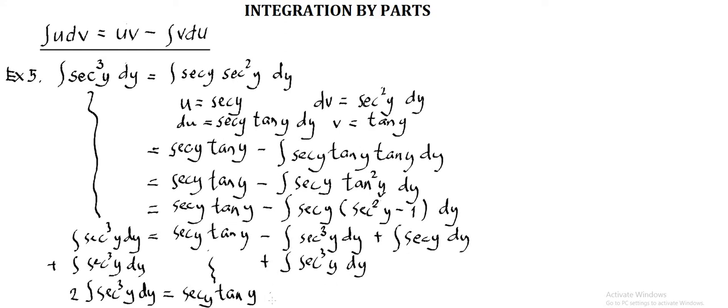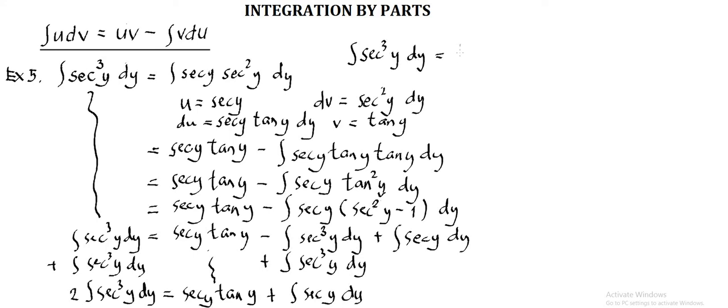No? So, plus integral of secant of y dy. And then solving for integral of secant cubed of y dy, we must multiply both sides by 1/2, no? So, dito natin ituloy yung ating problem. So, integral of secant cubed of y dy